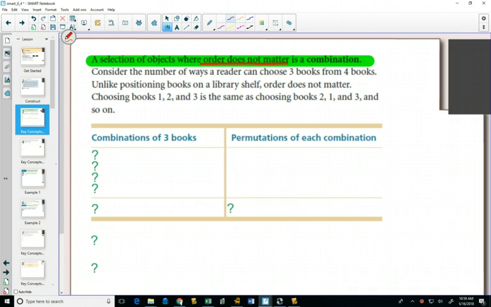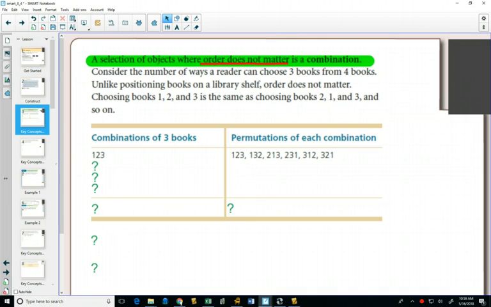So when we're dealing with an example like this, a combination usually means you are choosing a smaller set from a larger set. So in the example they have here, you won a prize, and because you won, there are 4 books, and you get to choose 3 to take home. How many different ways can you choose those 3 books? Well, the order doesn't matter